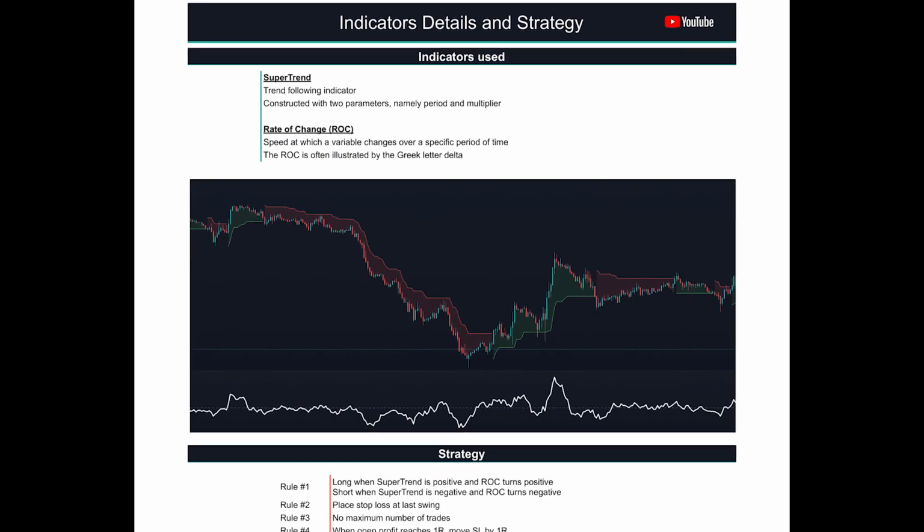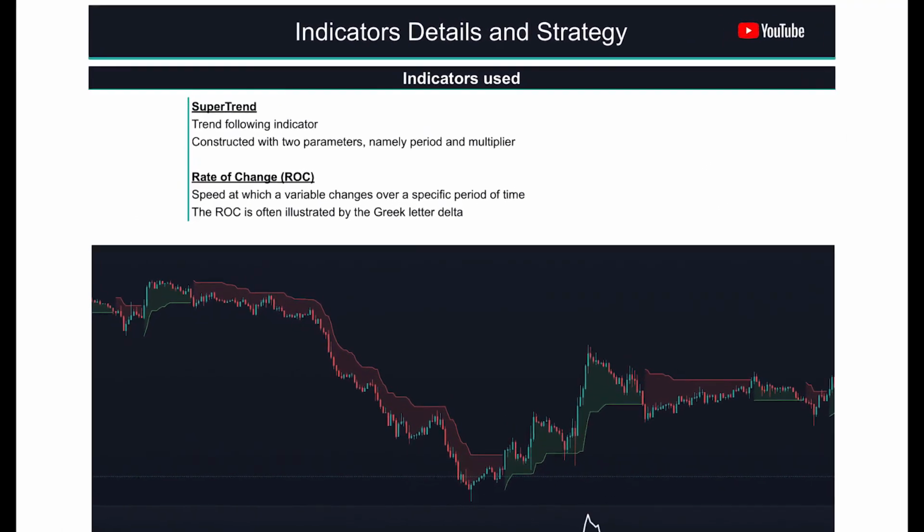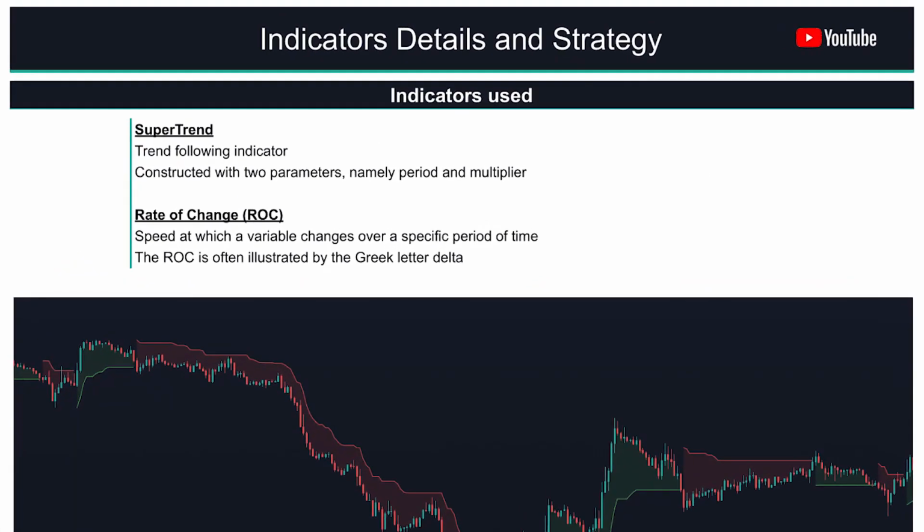This strategy involves two trading indicators: the SuperTrend and the rate of change. As the name suggests, SuperTrend is a trend following indicator just like moving averages and MACDs. It is plotted on prices and its placement indicates the current trend. The indicator is easy to use and gives an accurate reading about an ongoing trend. It is constructed with two parameters, namely period and multiplier. The default values used while constructing a SuperTrend indicator are 10 for average true range or trading period and 3